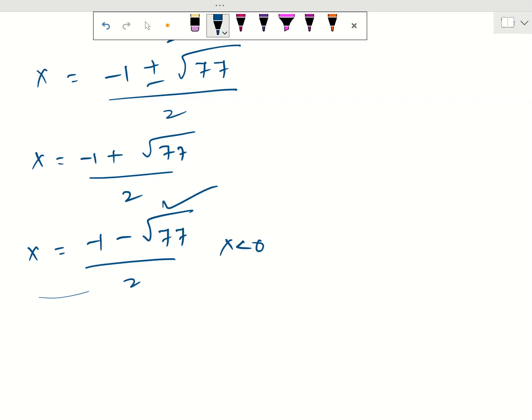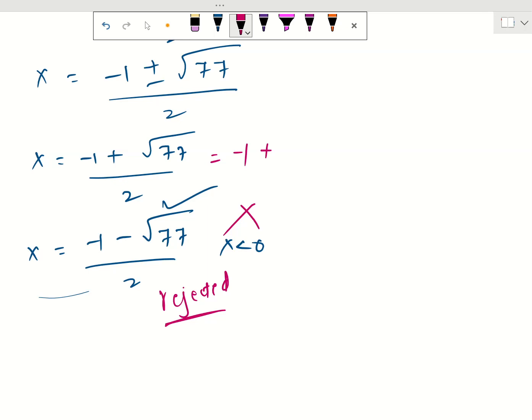So therefore this value is neglected, or this value is rejected, because the values we find will always be positive. And if we observe the first one, so here, minus 1 plus